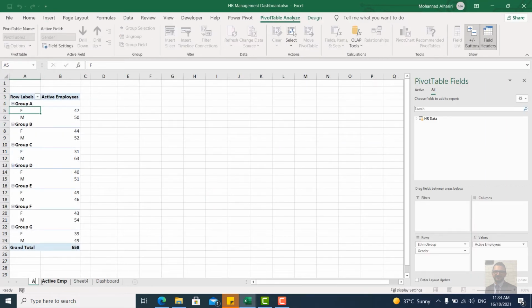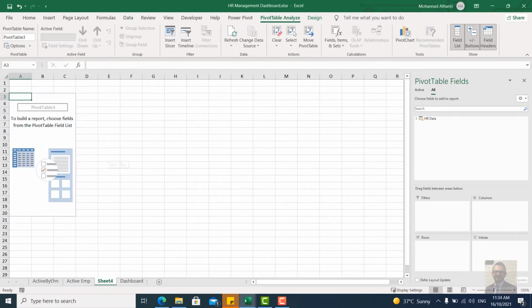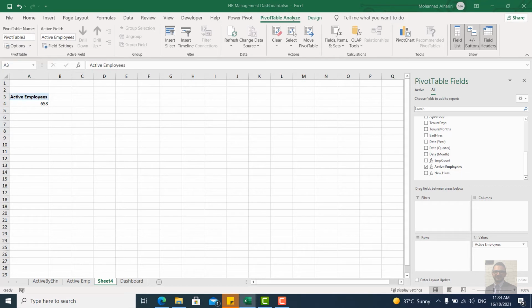This one, let's call it again active by ethnicity. Now let's slice our data here in the sheet 4. Let's make it by the region. So let's take the active employees here, and I need the region, this one,